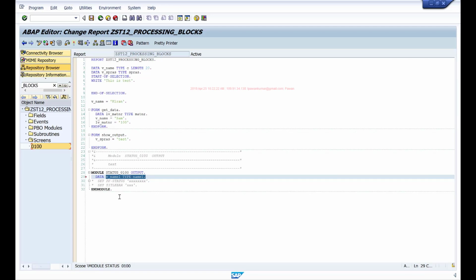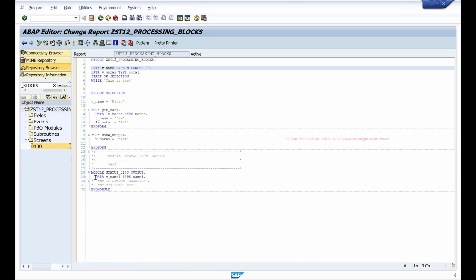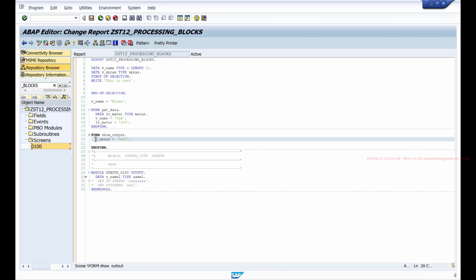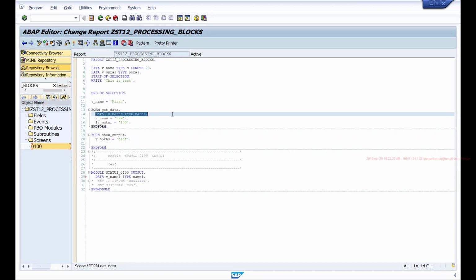Since it does not have a local data area, there's no point doing data declarations within a module. If you want to use a data object, don't declare it within a module, declare it in the global declaration area, because even if you declare it within the module, it is treated as a global data object anyway. The only place where we do local declarations is in procedures. In procedures, we have three types: subroutines, function modules, and methods. If you're dealing with one of them, then we do local declarations. Otherwise, for any other processing block, we don't do local declarations; we always keep those declarations in the global declaration area of the program.